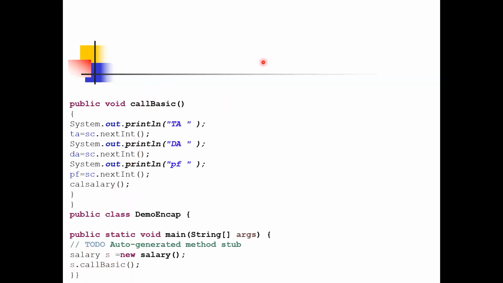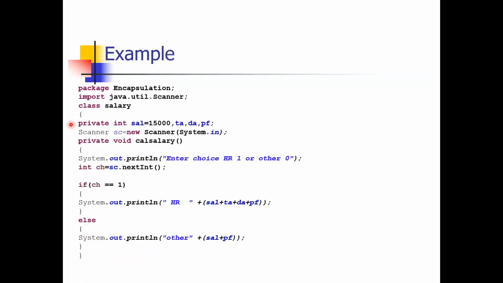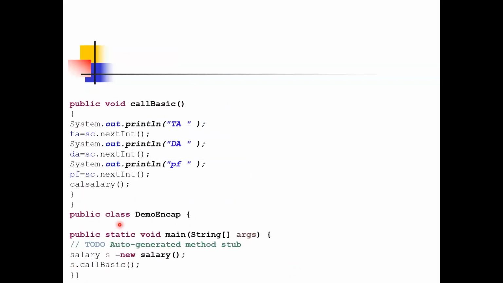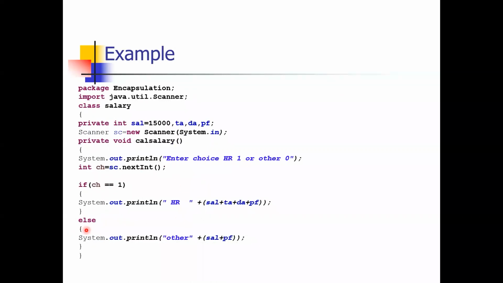So when we execute this program, what will happen? Java will understand this s is an object of Salary. It will see the Salary class. In the Salary class, we are calling the method calBasic. In calBasic, it will run TA, DA, PF, and here calSalary. So calSalary is another method, so it will jump to this method, and in this method,